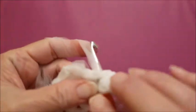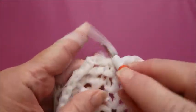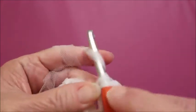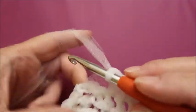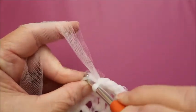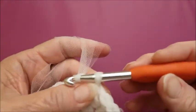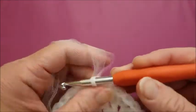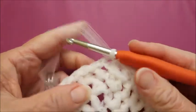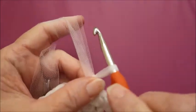All right, I have come all the way around and I am doing my last stitch here. And then I'm going to join, and you should end up with 1 chain up and 35 double crochets for a total of 36 for your last row. So here I've joined, and then to end it, I just give this a little bit of a tug,